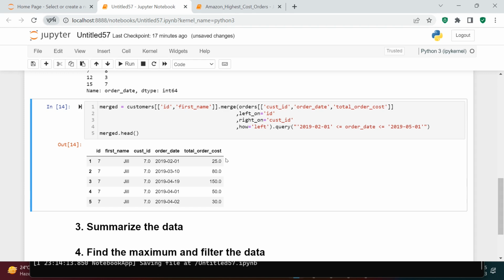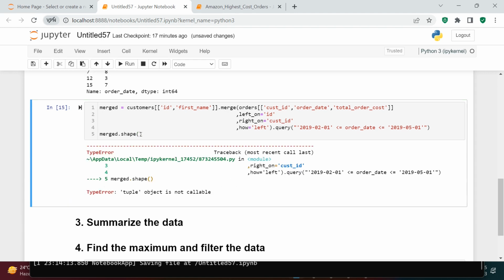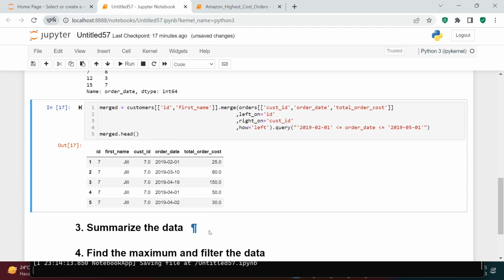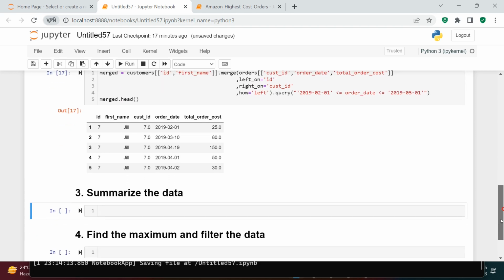Right, now the next thing which we're going to do is, let's just check the shape, how many records we have over here. Oops. 21 records we got. Okay, now the next thing which we need to do is summarize the data. So for the summarization purpose I'm going to use merge dot pivot table, and into the pivot table I need to use the index parameter, and in that there are two things which we need to put. First one is first name, and then the next one is order date,